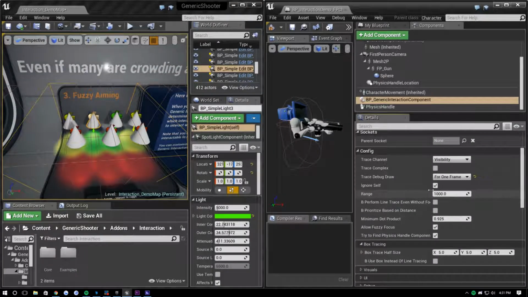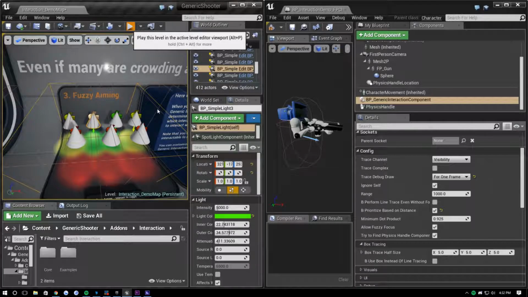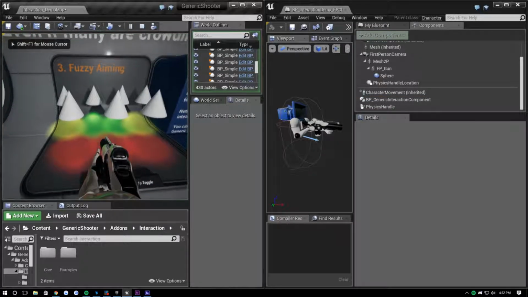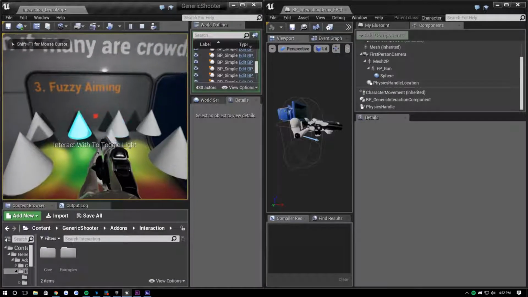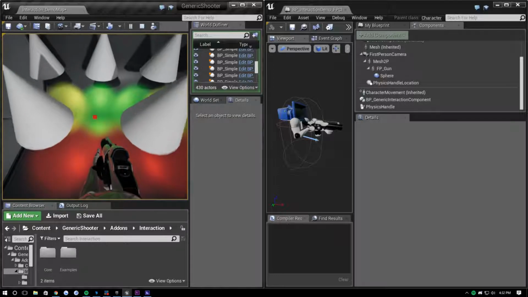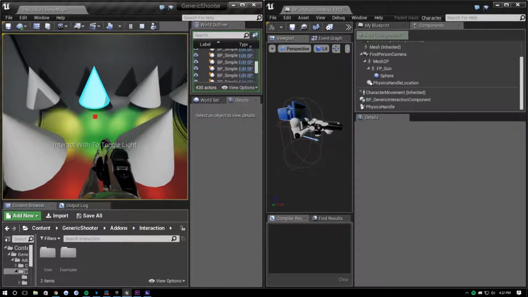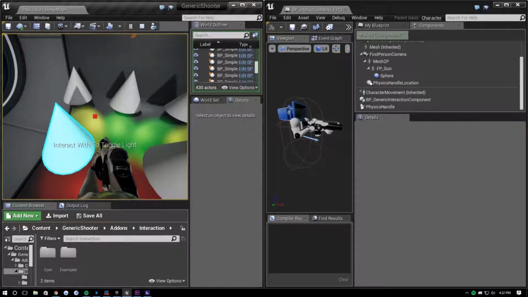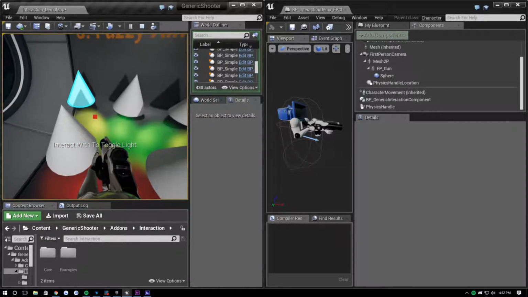Now, if you don't want to use dot product based checking, if you want to use distance instead, by checking this box, the fuzzy focus algorithm changes a bit in that it's less about how close the object is to the middle of your screen, but more about the distance between where you're looking at in the world and the object's center. Now, as you can see here, with minimum distance, we're not really looking at anything because our threshold is too low. But if we take a look at this here, you'll see that we get this weird clipping behavior here,